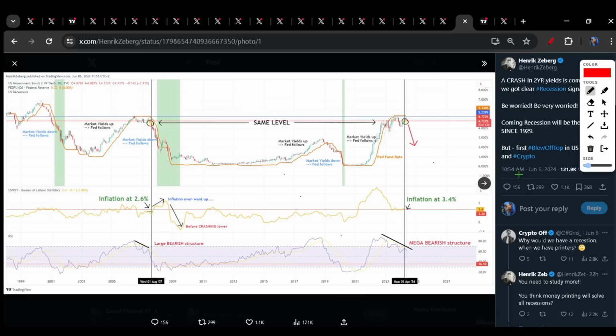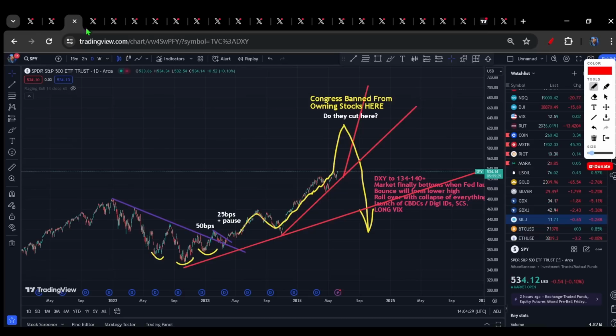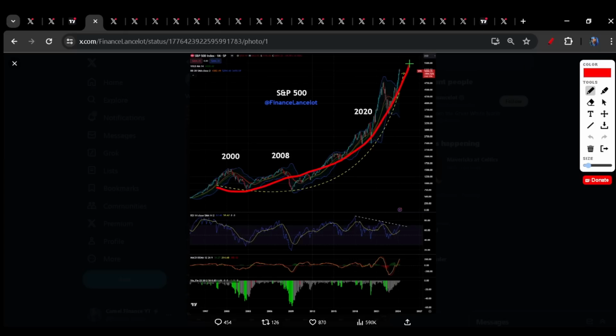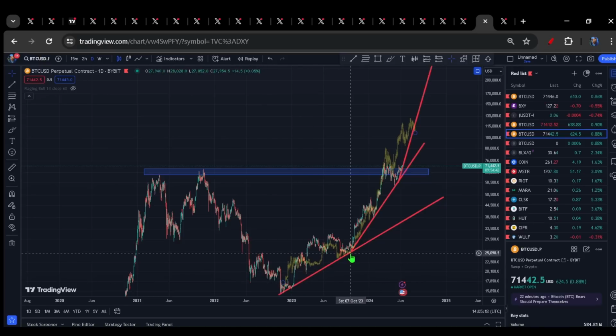And I think now is a good time to come all the way back to these charts right here and say, not only is everything I've just shown you seemingly in play, but remember, this is against the backdrop of a stock market that is quite late in what I believe is a parabolic blow-off top. Not to mention that parabolic blow-off top is framed within a giant parabolic blow-off top. And in the case of Bitcoin, Bitcoin may also quite possibly be quite late in its parabolic blow-off top.